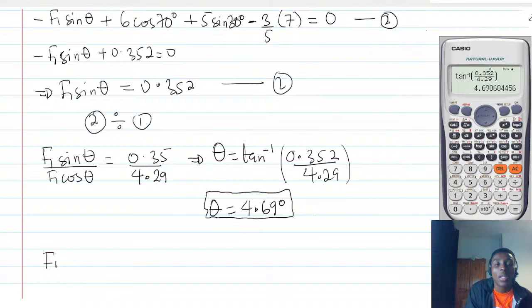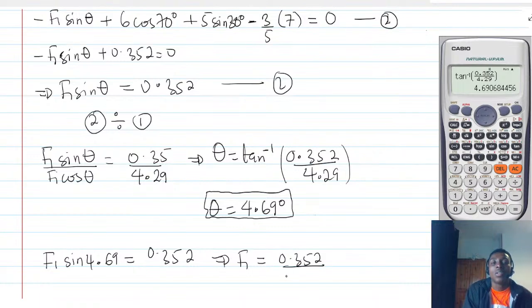So for instance, if we know that F1 sine 4.69 is 0.352, then from here we can find F1, right? So F1 is what? 0.352